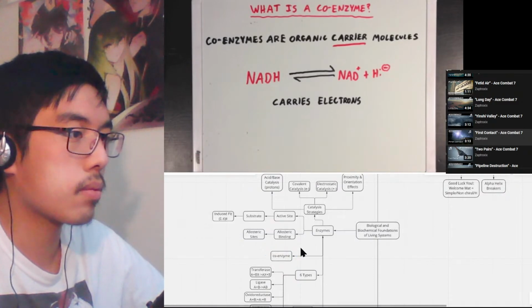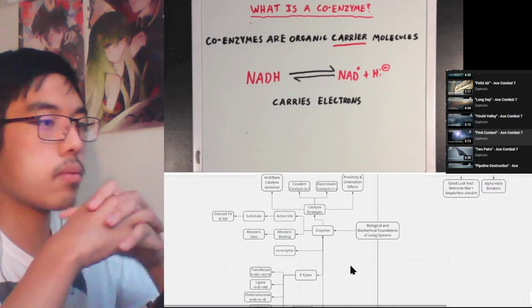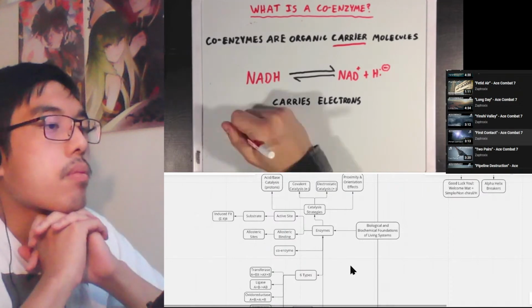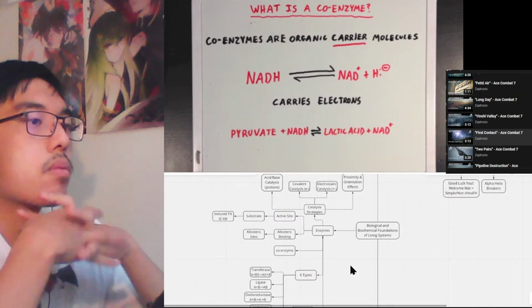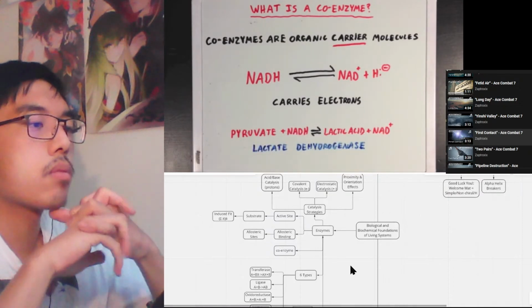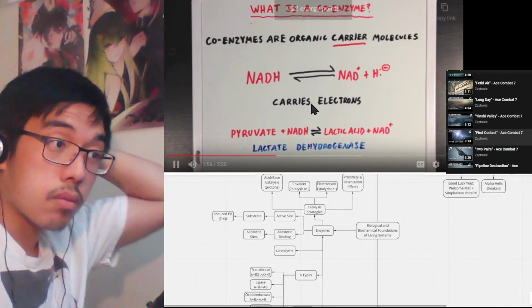And here I've shown NADH dissociating into its oxidized form, NAD+, as well as a hydride ion, which basically just exists as a pair of electrons that some other molecule would be grabbing. So NAD+ can accept electrons, causing the molecule to be converted to NADH, which could then carry electrons for an enzyme. Now, if you remember the lactic acid fermentation reaction, where pyruvate is converted to lactic acid, you'd see that the enzyme catalyzing this reaction, lactate dehydrogenase, uses NADH as a coenzyme in order to transfer electrons to the pyruvate molecule in order to turn it into lactic acid. And in this sense, NADH is acting